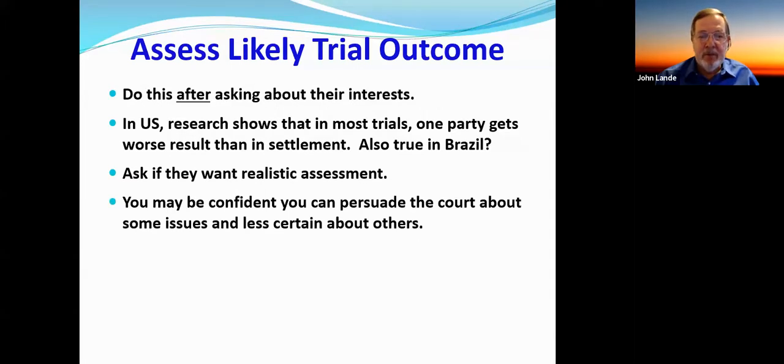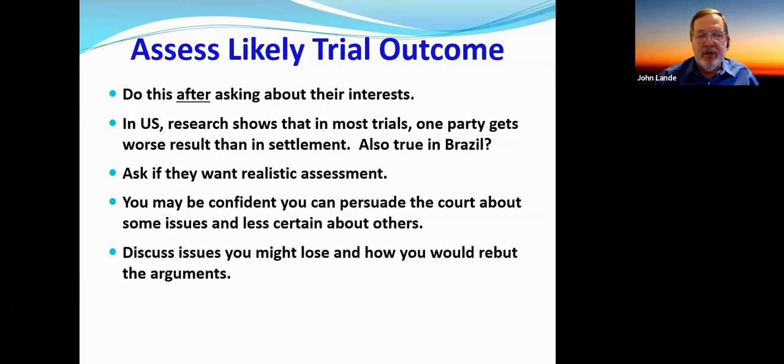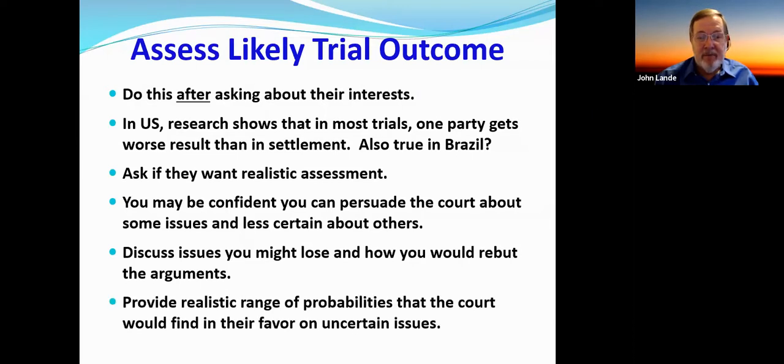And you can tell them you can be confident about some issues and less certain about others. And you can talk about those and discuss the issues you might lose and how you might rebut the arguments, and also the risk of losing and what the consequence for the clients would be. And based on this, you'd be providing a realistic range of probabilities that the court would find in their favor on certain issues. So, you can say,